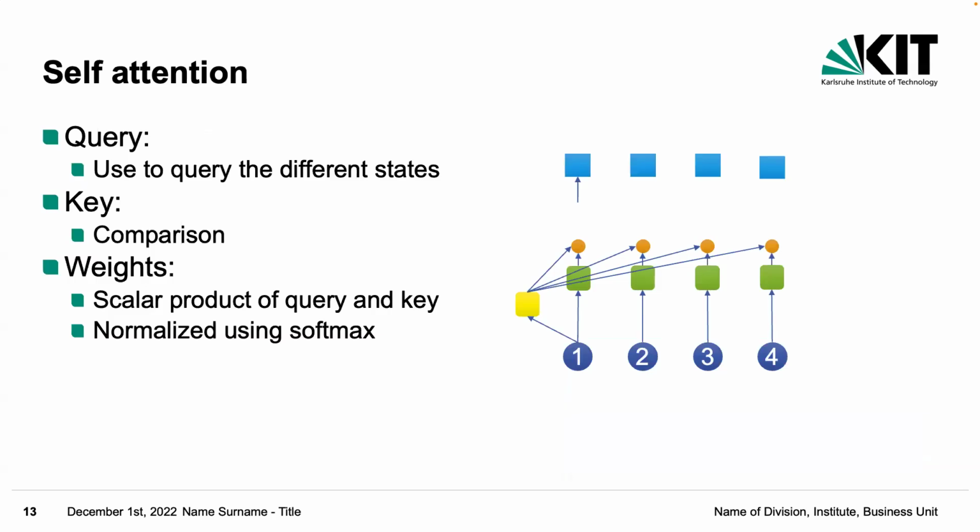So we have our input sequence 1, 2, 3, 4, 5. And we said we have one query, so let's start with one query. The query could be the first hidden state, the first input. The idea is we want to know which information is important to understand this first input token. In order to do that, the first one is now our query. That's the yellow one. And we compare the query to all the keys. What are the keys? Which information could be important here? Could be all the other important information from the